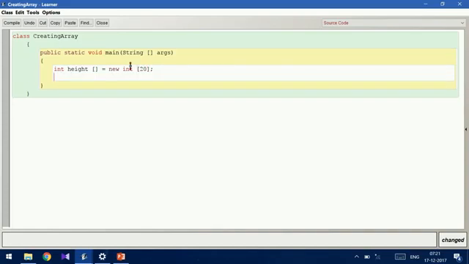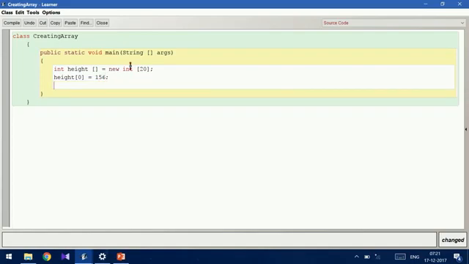Now the array is declared. How to store the value in that array? We can have the name of the array, and inside the square bracket we will give 0 as the first index. So that is the address of that array is equal to, I am storing 156. Same like that, index 1 is equal to 165.